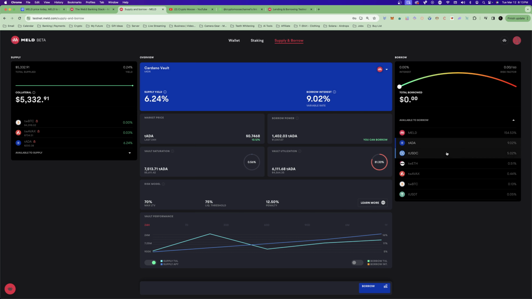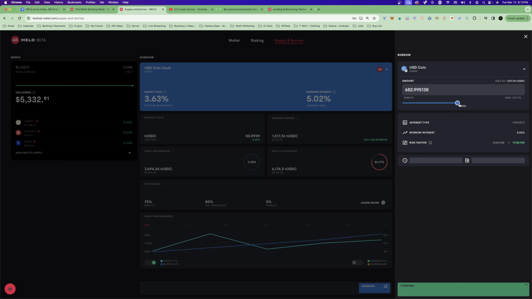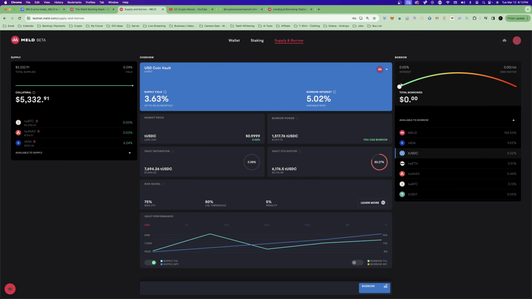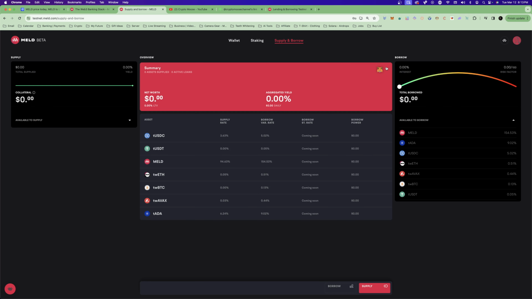So you have your borrow. Let's see if we could borrow more USDC. I'm just wondering because I provided a lot more collateral. Yeah, there we go. But I did take 1,000 back out, so it's still the same. Yeah, I'm not sure exactly how this would work, but here we got MELD wallet, and then we have, okay,